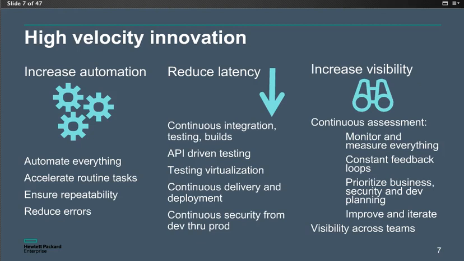The same we can tell about reduce latency. It's more typical to talk about continuous integration, testing, continuous building of a new application, continuous delivery and deployment. These terms are really common, as same as increase the visibility. Visibility is something that maybe fits more to the agile style of development, where we introduce the capability of these